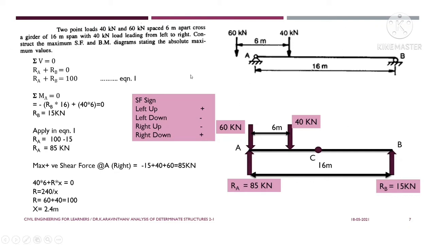Okay. In order to find that, first we will find the maximum positive shear force moment. What you have to do is you have to place the two loads at the point A. One load should be at point A and the remaining load should be at the span. It can be two or more loads. This last load should be located at point A. Okay. So this is the place you will be getting maximum positive shear force.